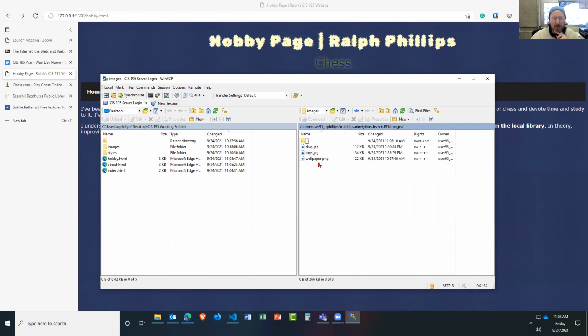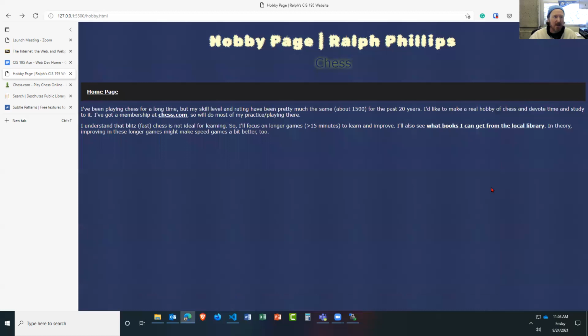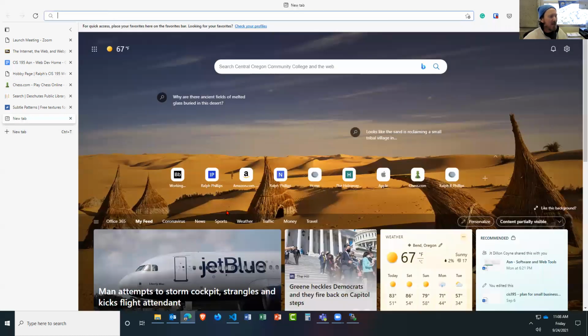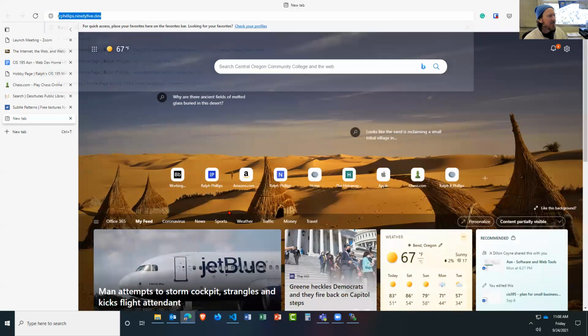However, if I go into my images folder on the server on the right side, I'm going to see that my wallpaper picture is there. That's good. And I've got my taps picture and my slug picture from the other day. My styles folder is still empty. I haven't done anything official in my styles folder, but I've got my 3 web pages, which means if I go to a browser tab and go to my site,